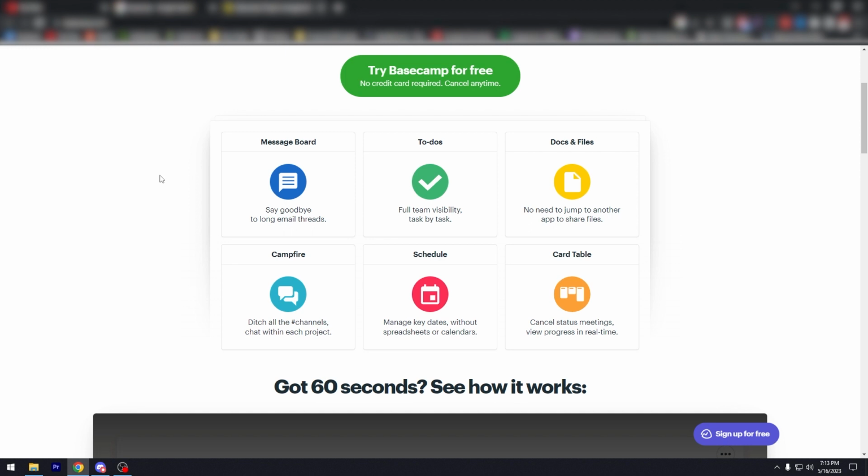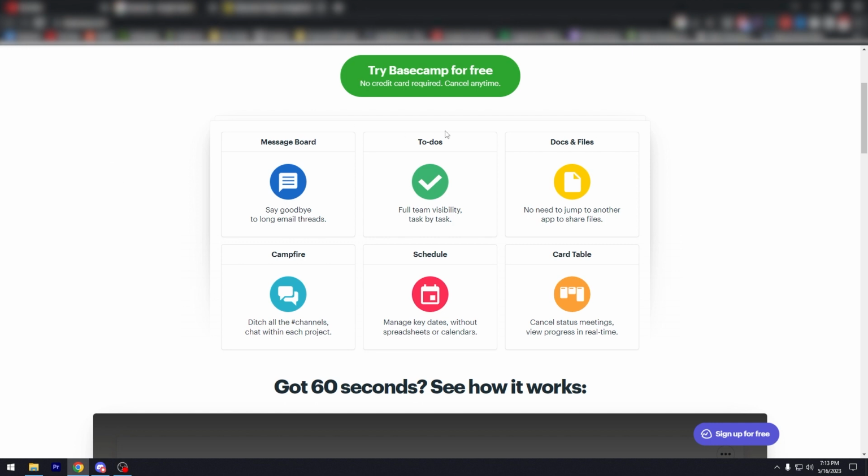So for example, if you have an ad campaign, you can have a separate message board for that. If you're talking to a specific client, you can have a separate message board for that. So you don't need to email employees or clients back and forth. That just becomes tedious. You can have the client join your Basecamp, and you can communicate with them via the